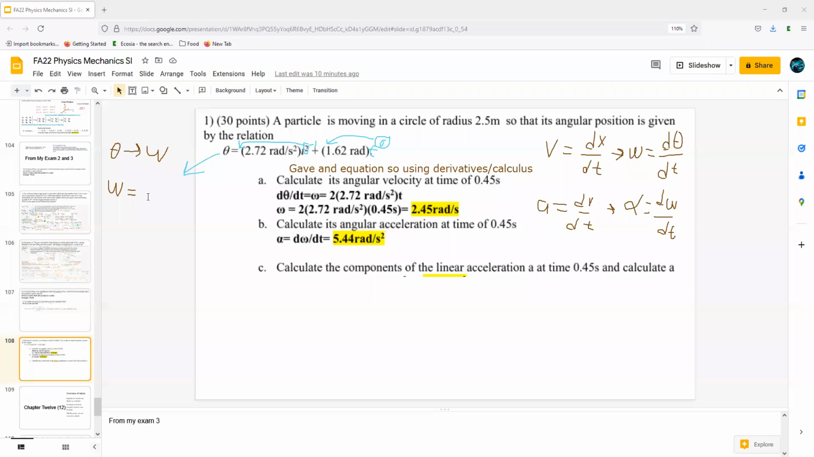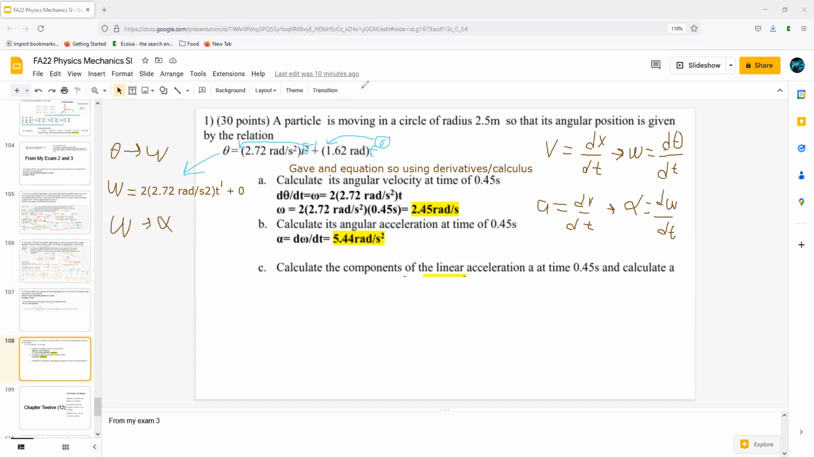I can probably type this: 2 times 2.72 radians per second squared times t to the what? It's now 1 plus 0. Right? T to the 1. And then if we're doing omega to alpha,